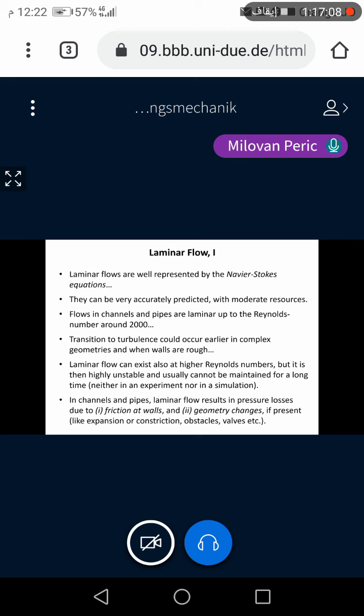For example, in a pipe, the highest Reynolds number in laminar regime that I remember reading about was larger than 100,000. But that was a special laboratory with some special tables, such that they are disconnected from any disturbance, any shaking from the background and so on. So very complicated experiments. But then the smallest disturbance, if you say loudly a word, the flow will immediately turn turbulent because it is simply